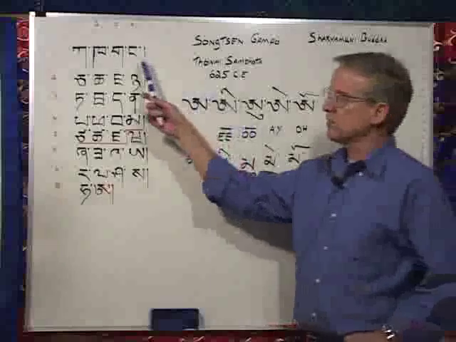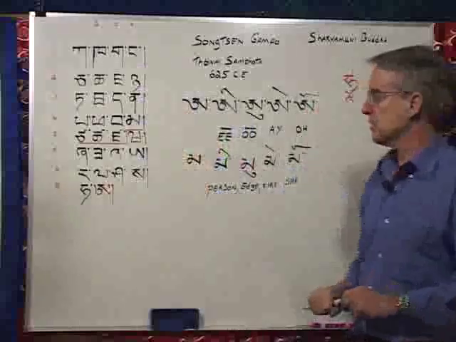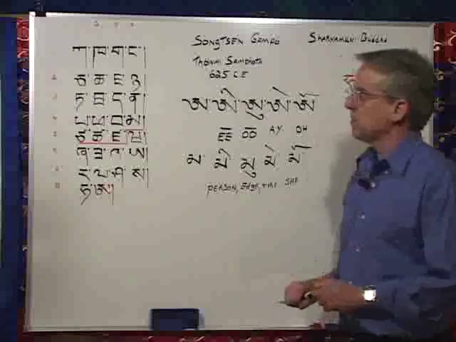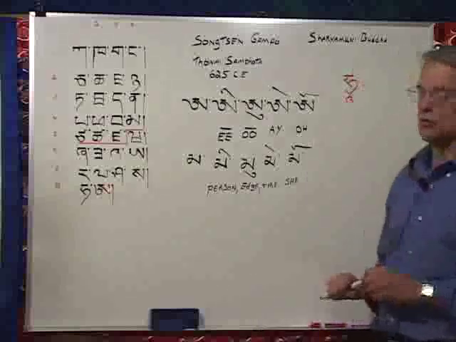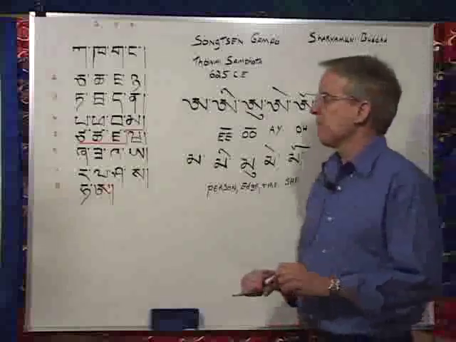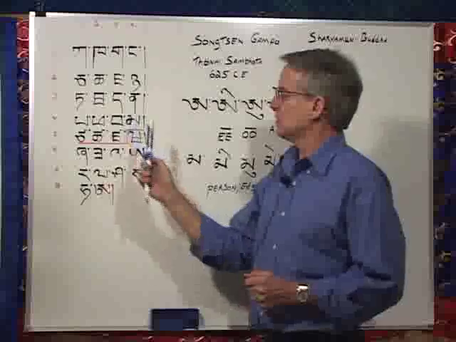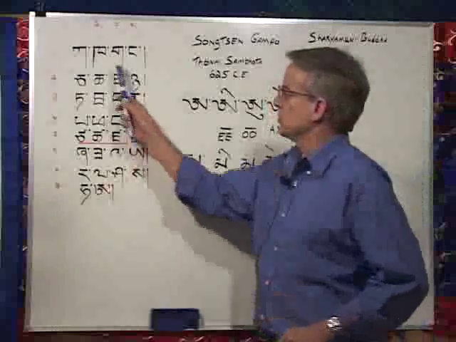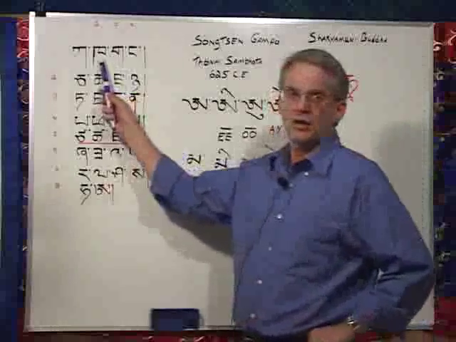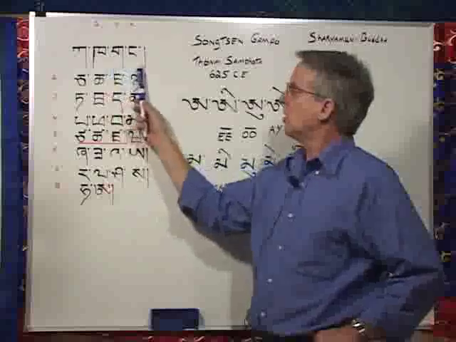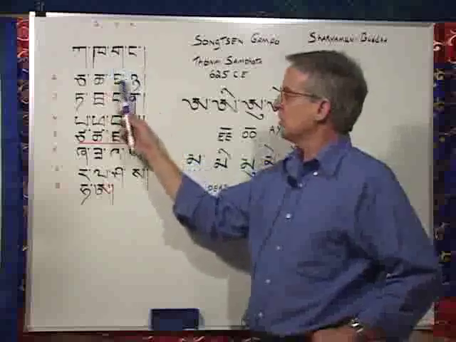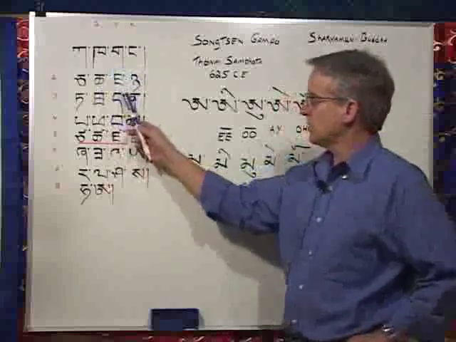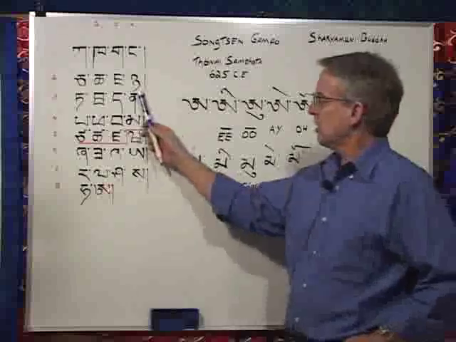Unlike English, several of the 30 consonants are actually words unto themselves. In the middle section of the book, the blue section of the Level 1 book, is the vocabulary section, and in there are listed several of the 30 consonants which are also words. So for instance, the second letter in the alphabet, ka, means mouth, na means I or me, cha means part, ja is tea, nya is fish,